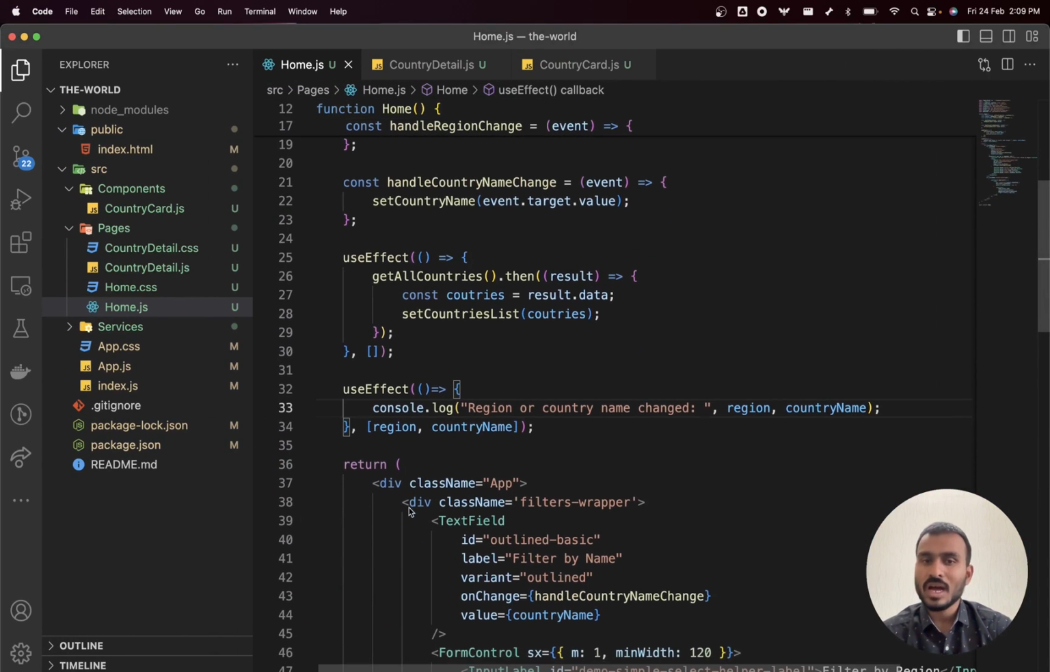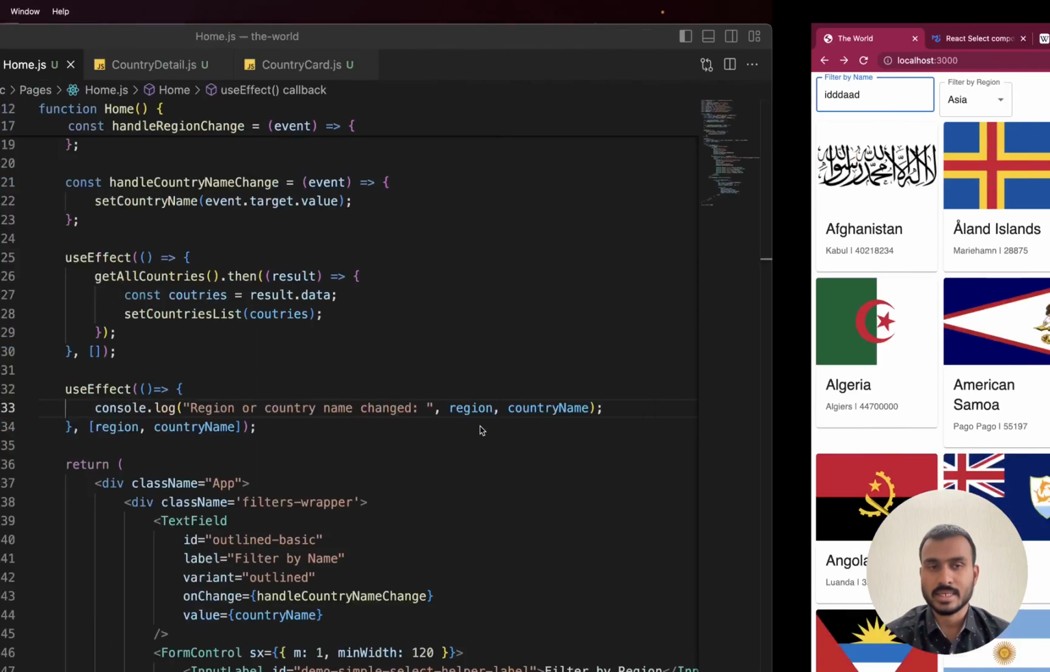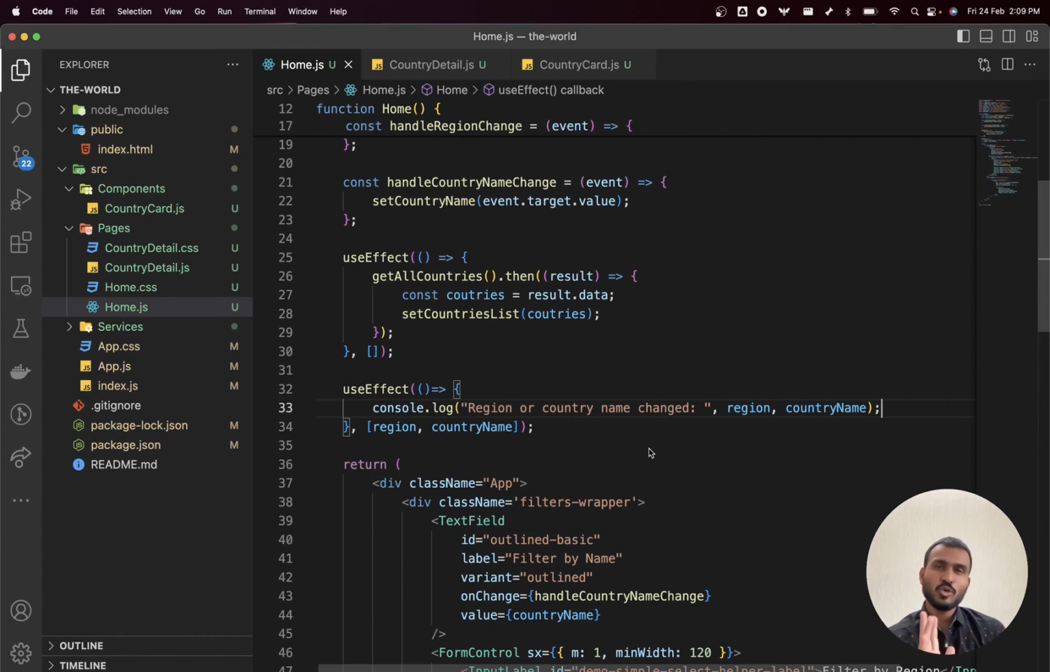All right, so now we can write some logic inside this effect, and we can filter out the countries based on the values that we have here in the states. So we have two options here. Either we can make a call to the API and send these values to the API. This is option number one. And the second option